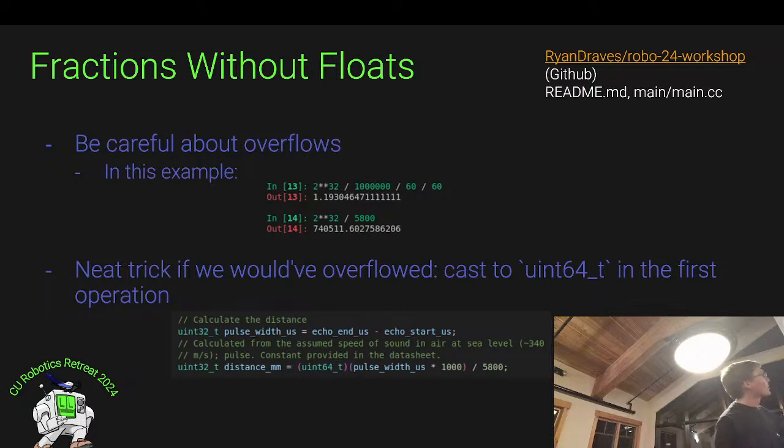So in this example here, if we take a look at how long it would take for the pulse width to max out a uint32, it's approximately 1.2 hours, which is a little bit longer than it's going to run. And if we convert that back to millimeters and see what that is, this is actually meters, that is 740 kilometers, which is a little bit more than the range limit on the sensor. It's 4 meters. So we're probably safe here in this case.